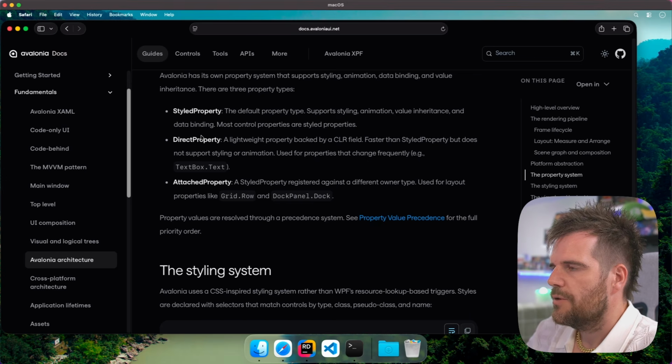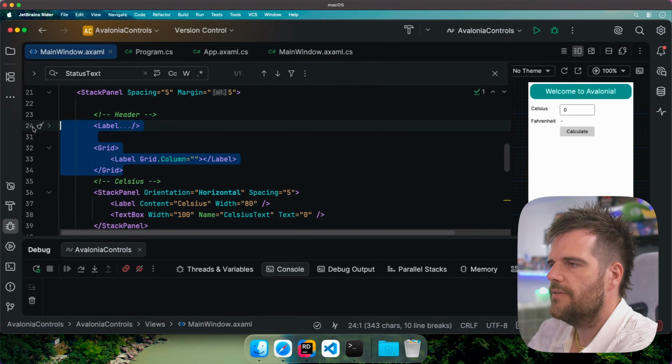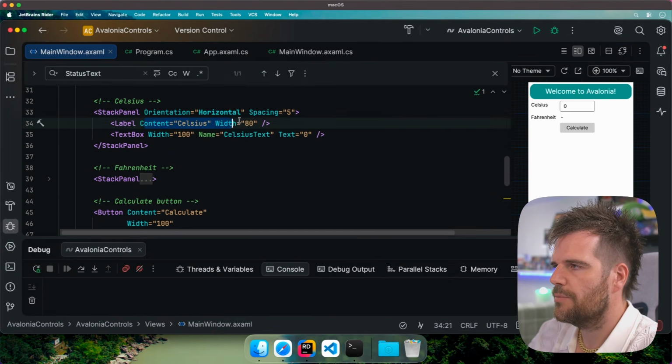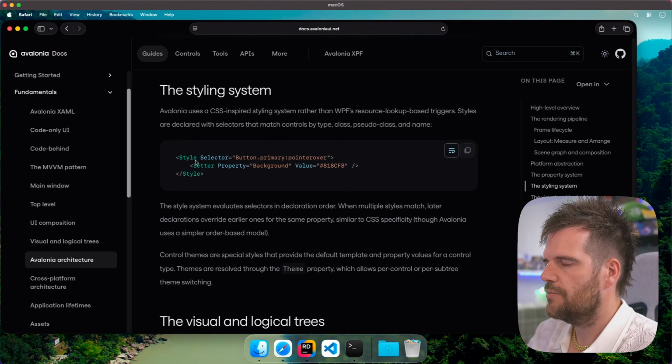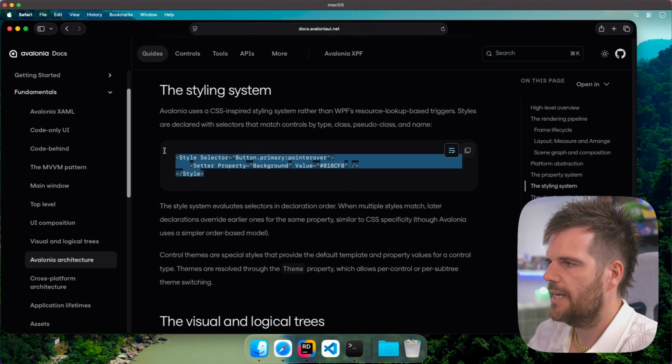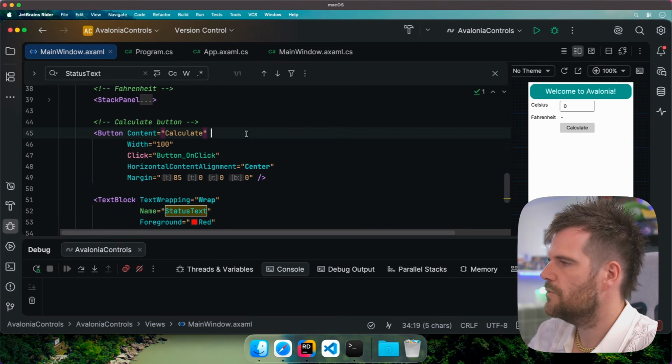Then we have the direct properties, which you've already seen. If we get rid of that, you can see these are direct properties, properties that simply live on the element and go back into the control itself. And then style properties. If we scroll down, you can see style properties can be applied in a style selector similar to CSS. So for example, if we wanted to style this calculate button, we could just go inside the